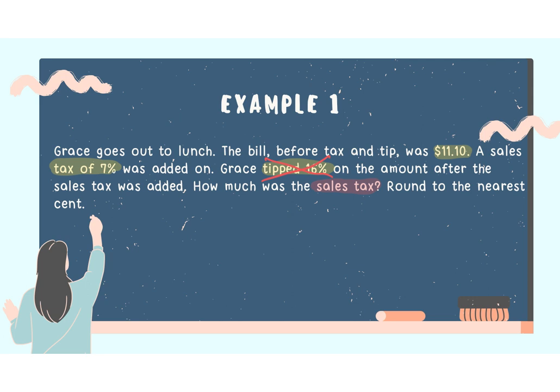So I'm going to take that 7%, change it into a decimal. So 7% changed to a decimal is 0.07. Remember, if you're not sure what it is, you can always take that percent and divide it by 100. I'm going to take this 0.07 and multiply it by our $11.10. 0.07 times 11.10, which my calculator tells me is